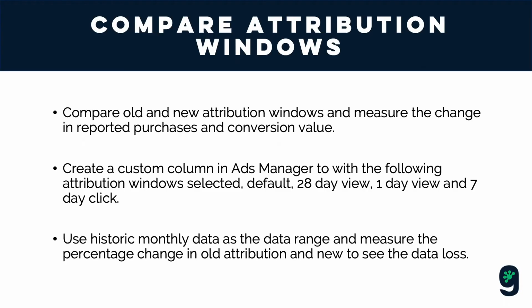And so to do this, you'll need to create a custom reporting column in Ads Manager with different attribution windows, including the default 28-day view, 1-day view, and 7-day click, but more on these in just a second. And then you want to analyze the data of a 30-day period. So we typically do this month to month, and you want to do it for any month last year before the Facebook change started to happen in January when they introduced the 7-day new attribution windows. Because if you do it on a shorter time frame, like week to week or day to day, there's too much fluctuation in results.